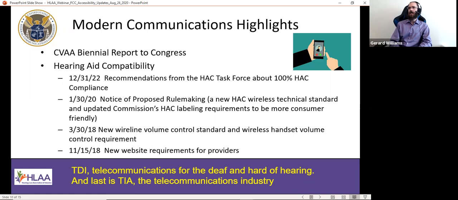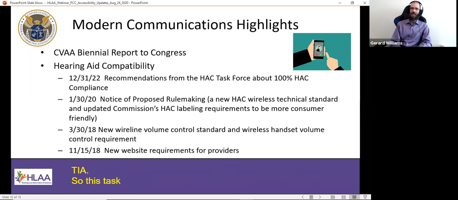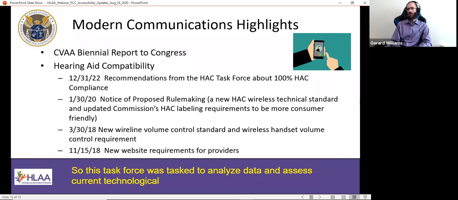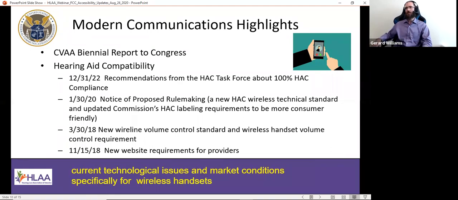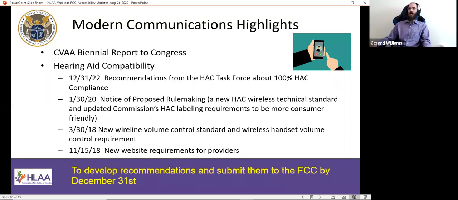So this task force was tasked to analyze data and assess current technological issues and market conditions specifically for wireless handsets, to develop recommendations and submit them to the FCC by December 31st of 2022 about the viability of mandating a 100% HAC compliance rule.